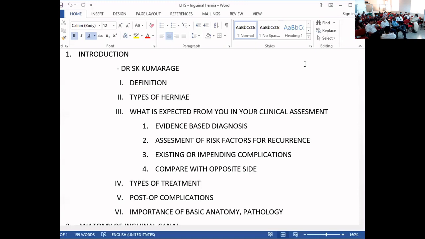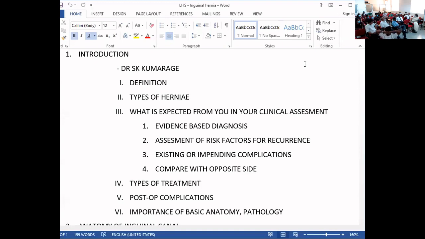The question is, is it really important for the student to clarify that it's indirect or direct? From a surgical point of view, there is no clinical value. For me, whether it is a direct hernia or indirect hernia, the management is the same. Yes. But most of the examiners,